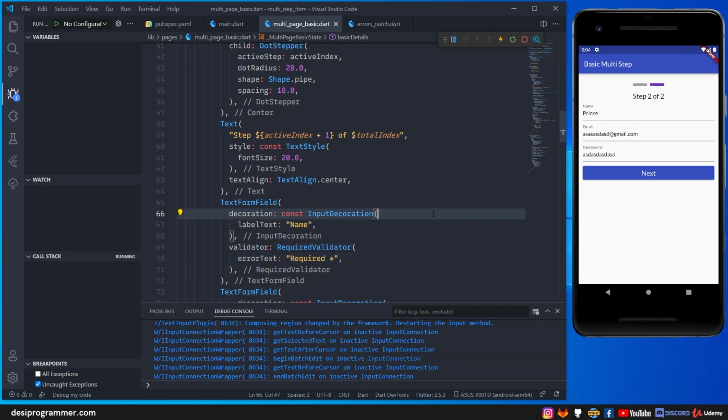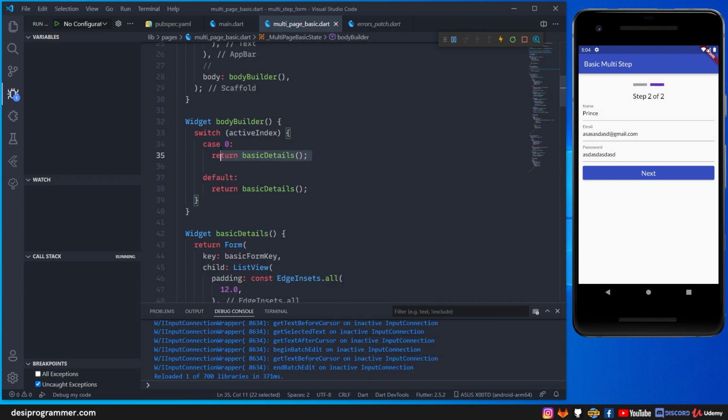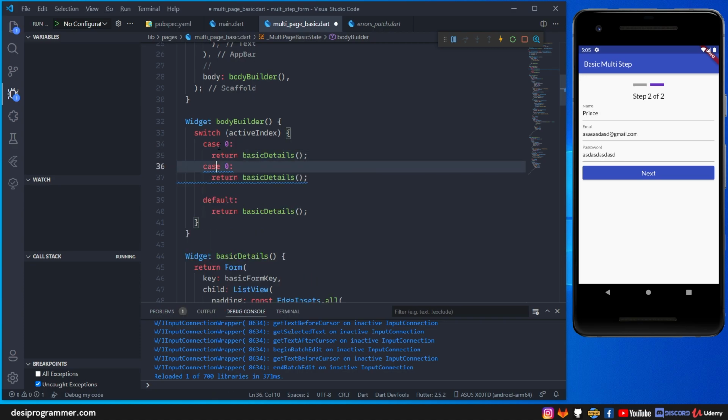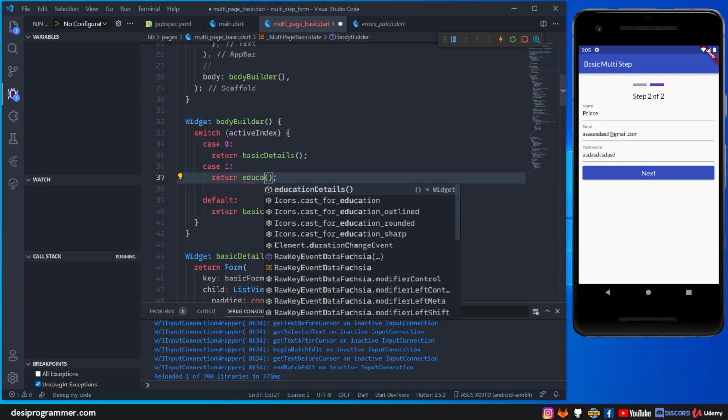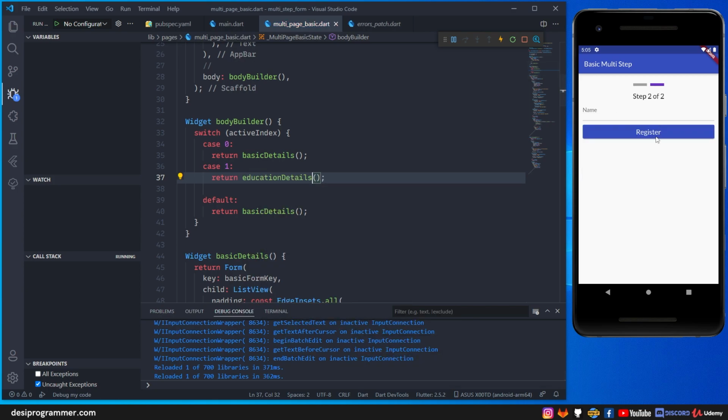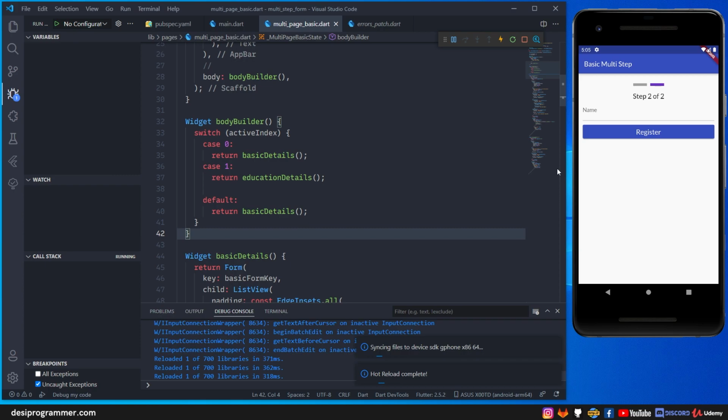This again has the same stuff. The reason why it's so is because we haven't yet added this here. So when the case is 1, send education details, save it, and now you have this. You can click on register to register, and you can do whatever process you want. The interesting thing that I want here is that now when you click on the back button,